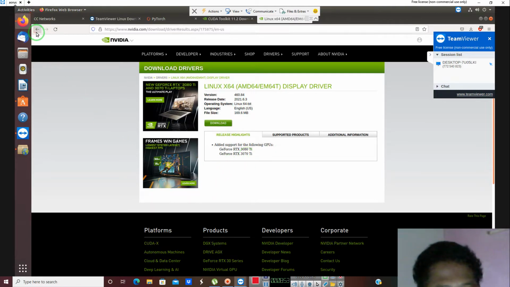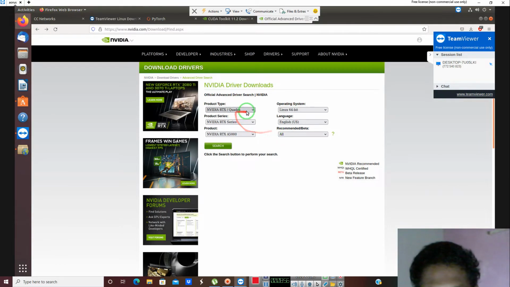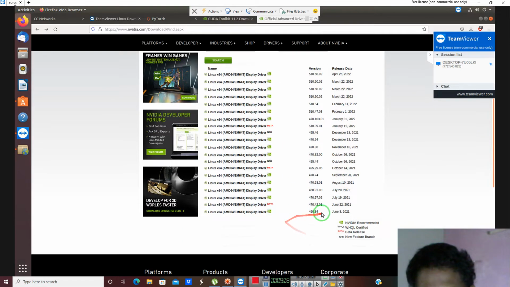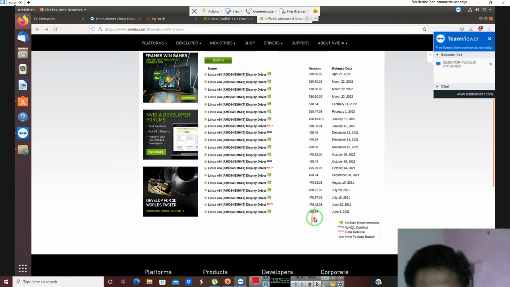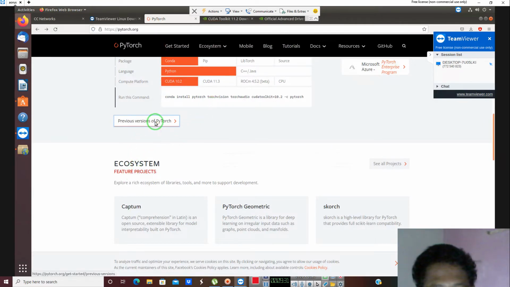So let's reconfirm it again. It is Quadro RTX 5000 series, Linux 64-bit, and let's search, and it's supposed to be 460.84. I think that even doesn't match. So we have to go with... 11.3 would be better, but I don't know why it is not available. 460, 495, because you need here, because in previous versions,